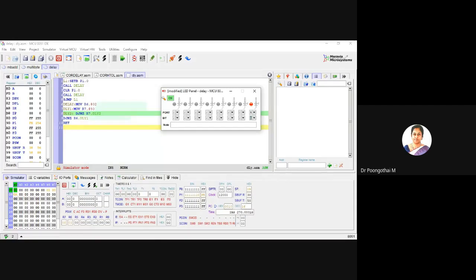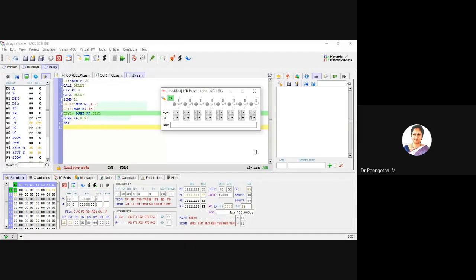Actually, an important point here is that this LED is in common anode configuration. In common anode configuration, P1.0 equal to 1 means your LED will be turned off. Suppose P1.0 is equal to 0, your LED will be turned on.